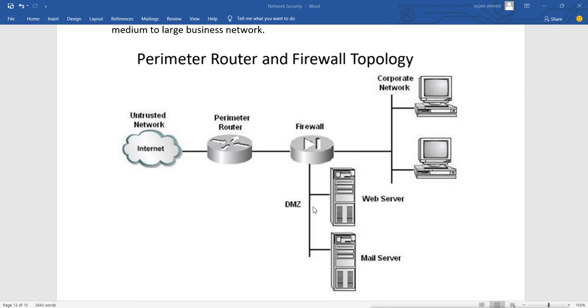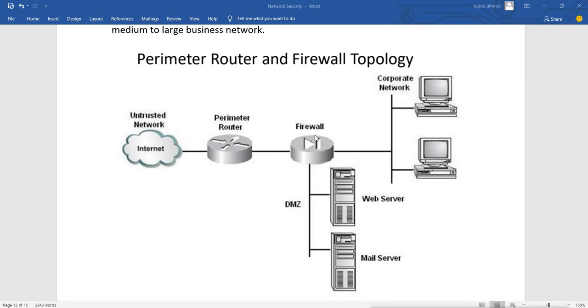We use this zone to put only the servers which can be accessed from the internet. That means if we want to put a web server, or suppose a mail server, for users who are coming from the internet, we put those servers into this DMZ zone. These are the servers which can be accessed from the internet.